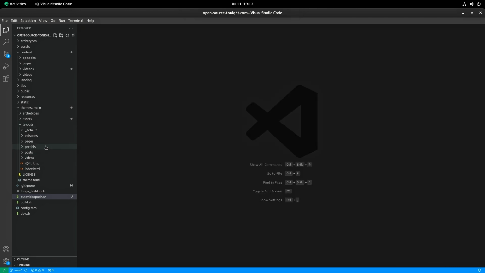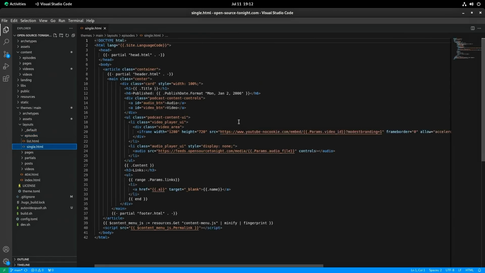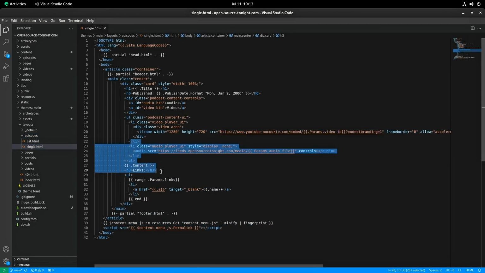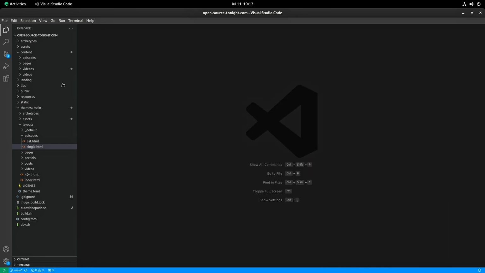All right. So that's how that works. Episodes is a little different as well because we will handle it differently. Right now it's the video player for YouTube or the audio player UI. However, this page actually is partially broken. This site is old enough that some things used to work, and then I've changed other things, and it broke stuff.